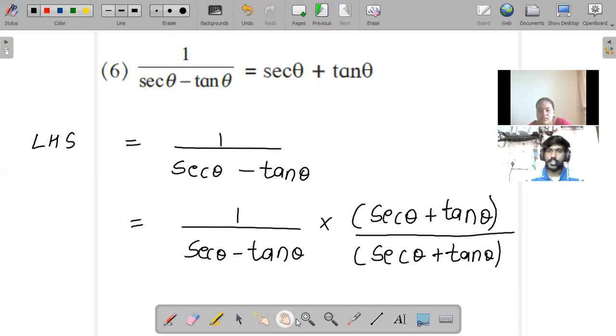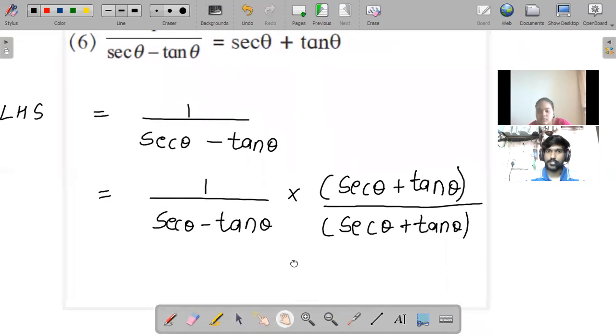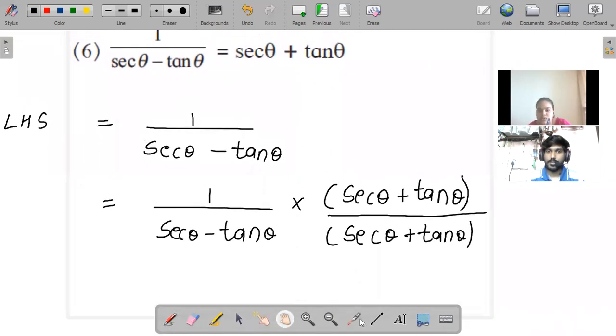Wait, what? Is it clear? Did you understand this rationalization? How? Just once you have to multiply. No. You have to multiply in the numerator and in the denominator, both. This is the way we do rationalization. Last year we never did anything like this. You did, in ninth. You did rationalization. You might not be remembering, but it's okay.